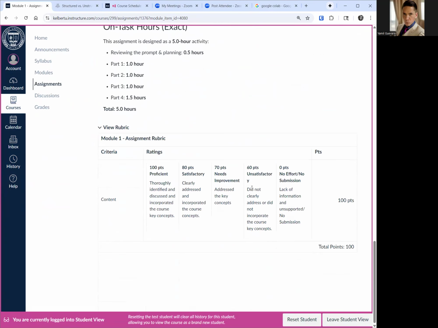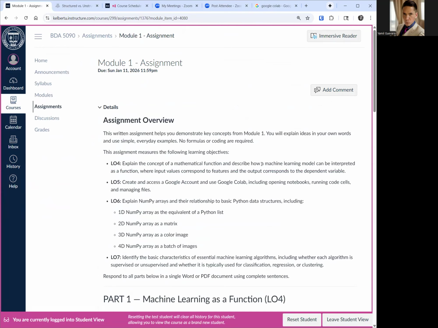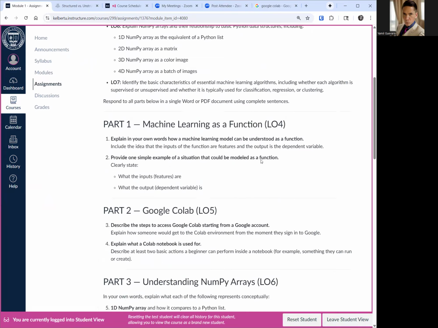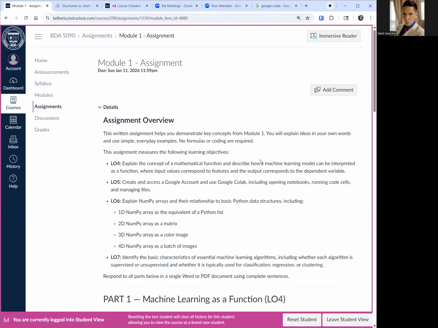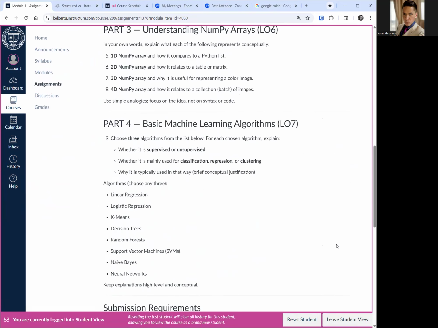So you're going to scroll down. You're going to submit the assignment. Hold on, give me a second. I'm trying to see where you're given the opportunity to submit the assignment.